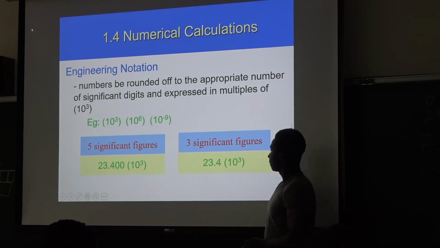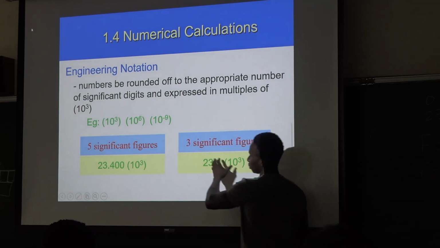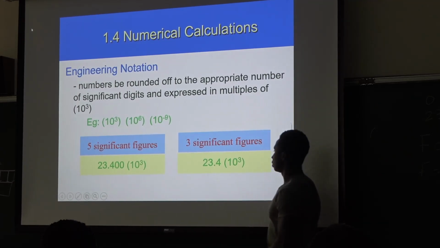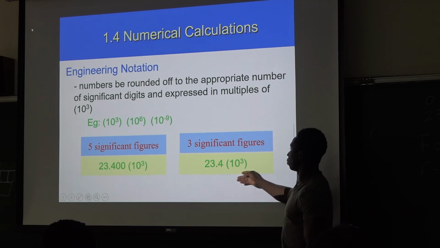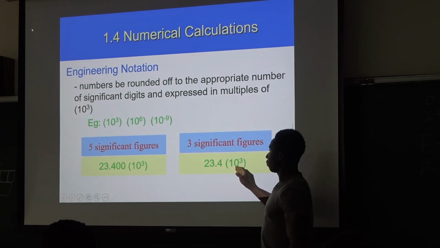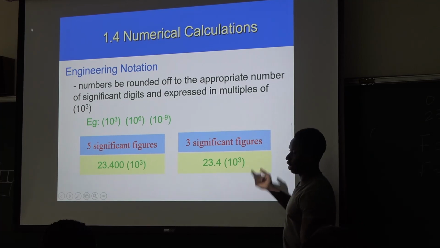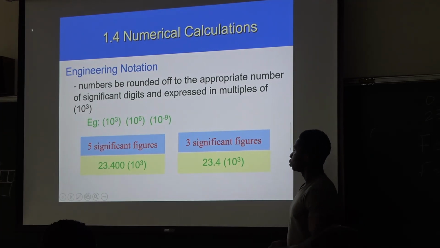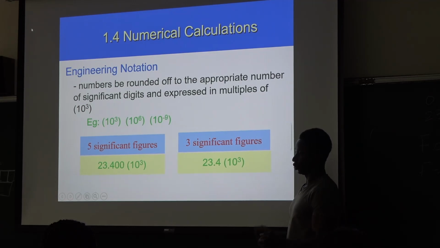Okay? So here we just have an example. It says 5 significant figures. So you can write it down to three significant figures, 2.23 and then 10 raised to the power 3. And then you get the same thing. Okay? So it makes it a lot easier to